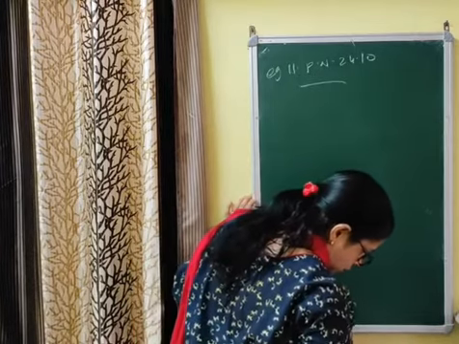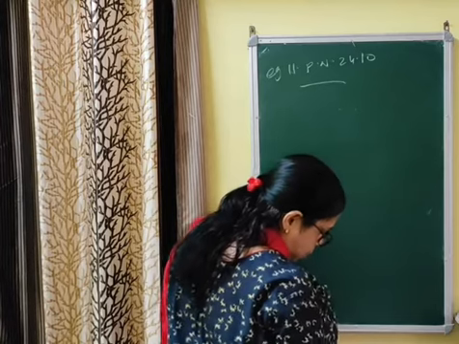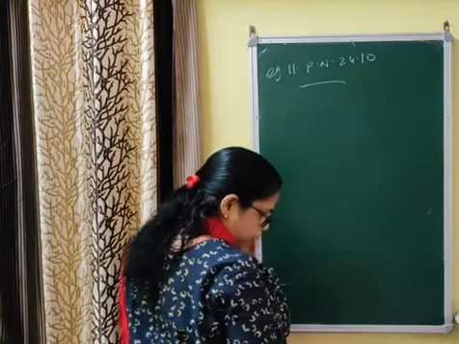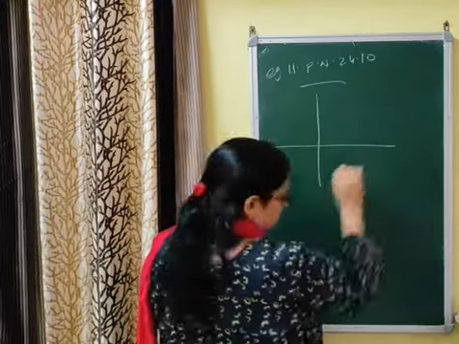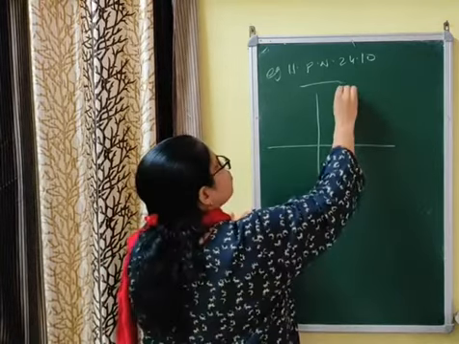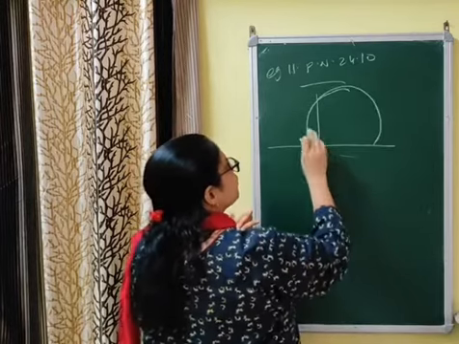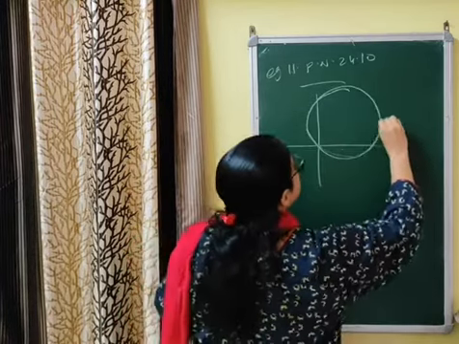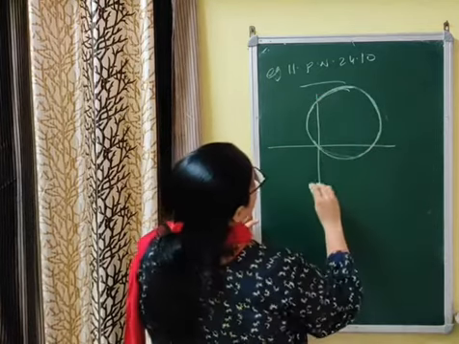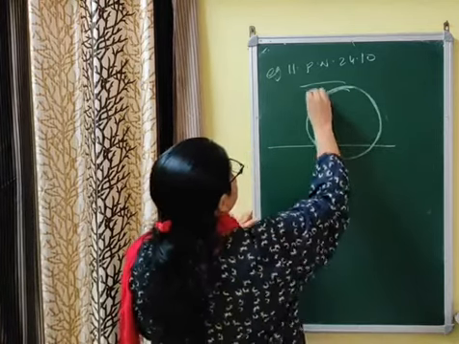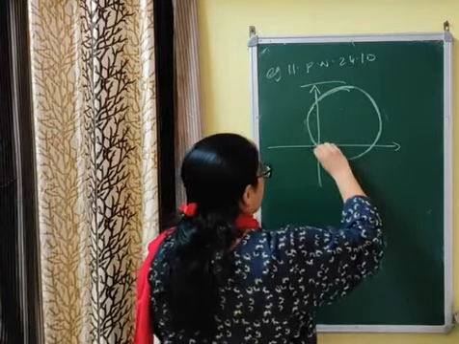Find the equation of the circle which passes through the origin and cuts off intercepts 3 and 4 from the positive parts of the axes. You are given a circle which passes through the origin. वो origin से pass हो रहा है and should be shown as a circle. Circle को थोड़ा circle जैसे बनाना है, so you can do it. This is the circle.